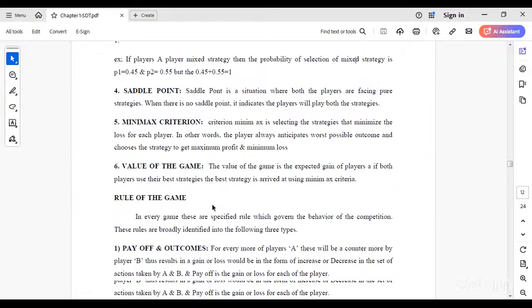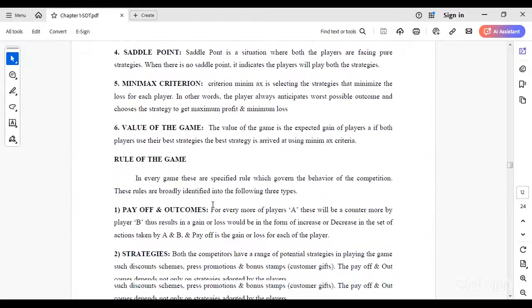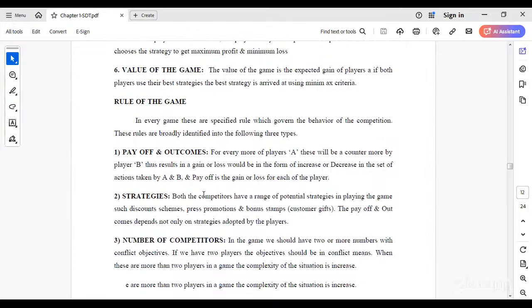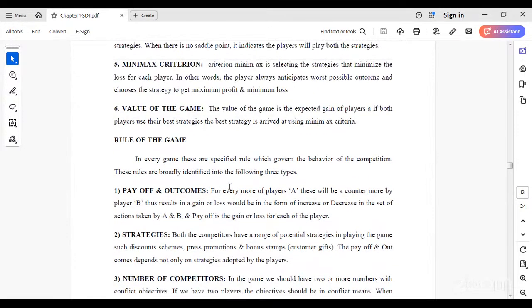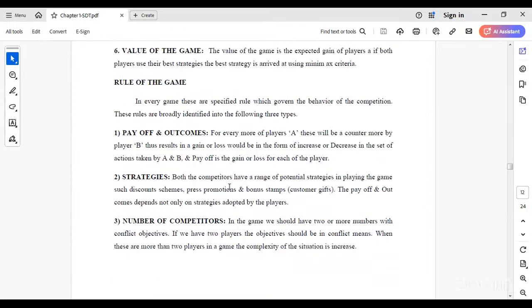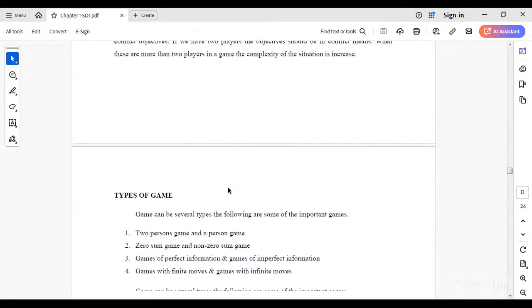Then rule of the game, payoff and outcomes, strategies, number of competitors. Okay, then types of game: two-person game and n-person game, two-person zero-sum and non-zero-sum game,